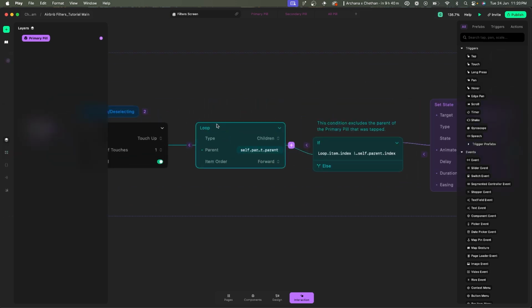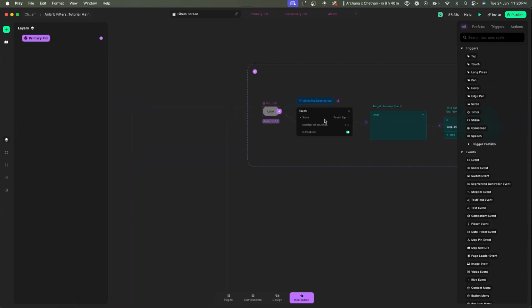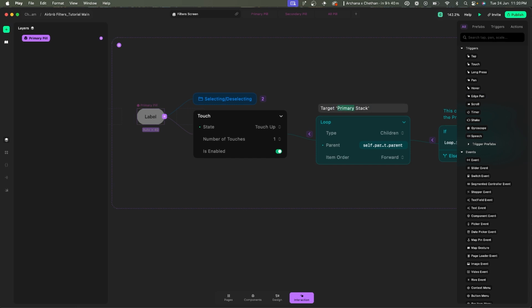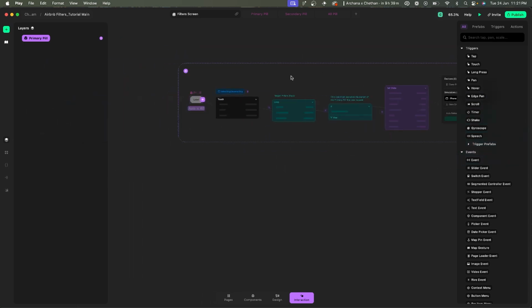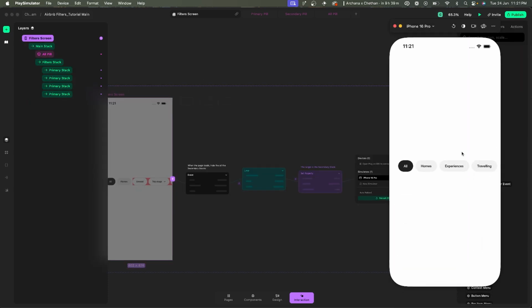So here I can go ahead and add a comment, and here I can say target primary stack, sorry, not primary stack, target the filters stack. So target filters stack. And so now if I play this, bring back the simulator, now you can see this works